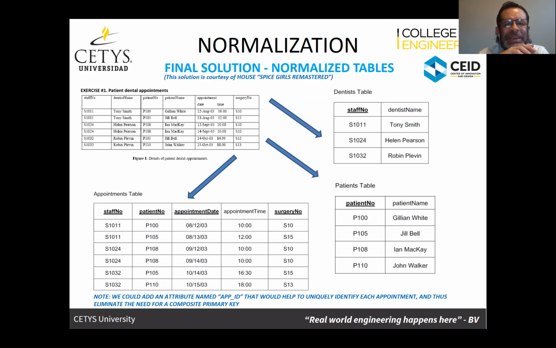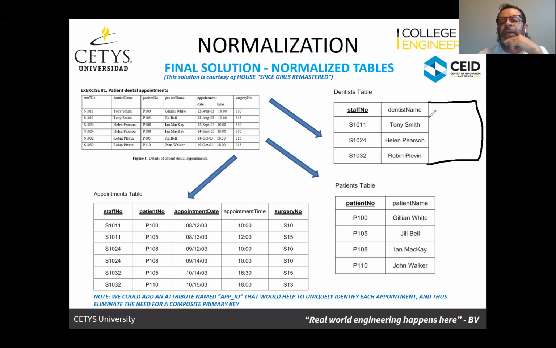And so basically we're going to separate this into a few tables. There's going to be a dentist's table. It's going to have the dentist name and the staff number. Remember something: right now we're just doing the separation. But when we do the separation, if we want to add new fields to the structure, we could. So right now we've just got staff number and dentist name, but we could also add